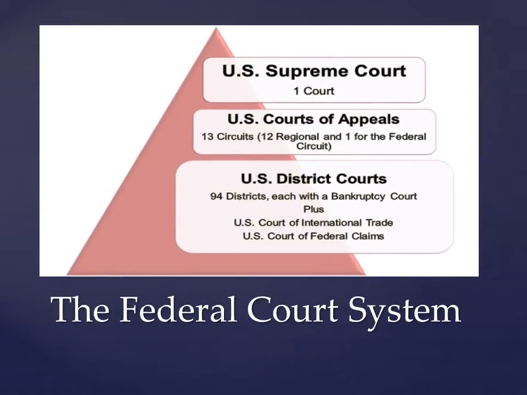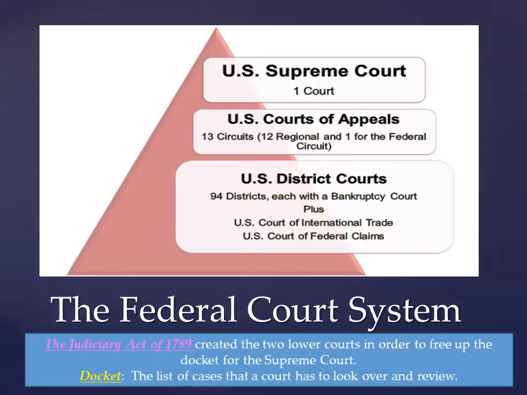The federal court system in the United States is comprised of 3 levels, starting with the U.S. district courts, in which there are 94 districts throughout the United States. If a case makes its way through appeal and up to the next level, it goes to the U.S. Court of Appeals, which has only 13 circuits. In a very rare circumstance, a case may make its way all the way up to the U.S. Supreme Court. It is important to remember that the Constitution, under Article 3, only stipulated that there would be a